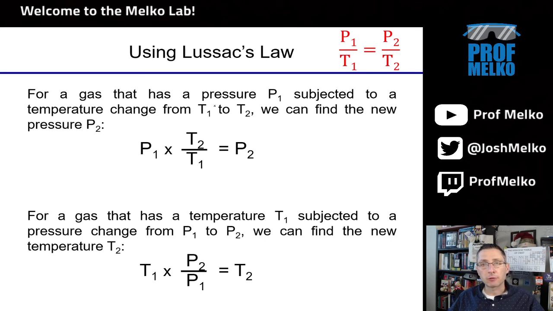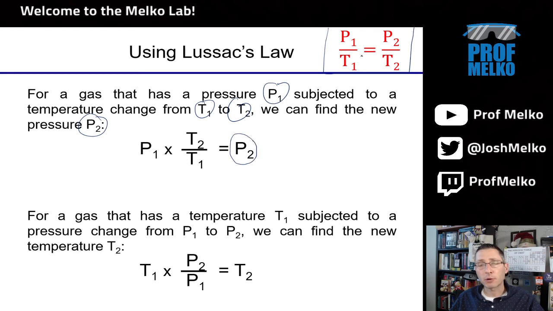Problems that ask you about Lussac's law will be written something like this. A gas at an initial pressure of 1.5 atmospheres is heated from 30 degrees Celsius to 50 degrees Celsius. What is the final pressure? Right, so there I gave you an initial pressure, a temperature change, and asked you for a final pressure. Okay, it's just recognizing that the pressure-temperature relationship is Lussac's law, plugging in the numbers given, using the same strategies we've talked about thus far, and solving for that unknown pressure.